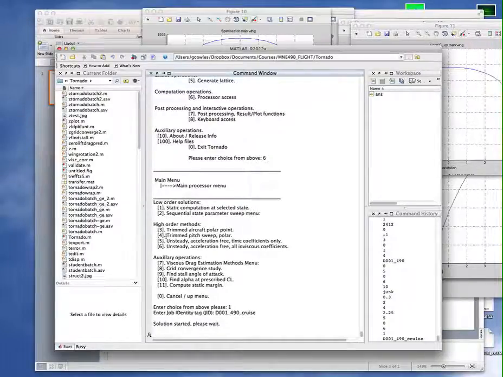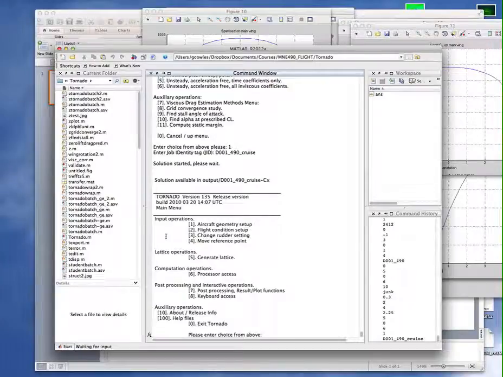I'll note one thing before this is done. While this is churning, MATLAB doesn't like variables and probably file names that start with a number, so try to start with a letter. You can have numbers in it, but start it with a letter. Okay, it's done, so what I'm going to do is